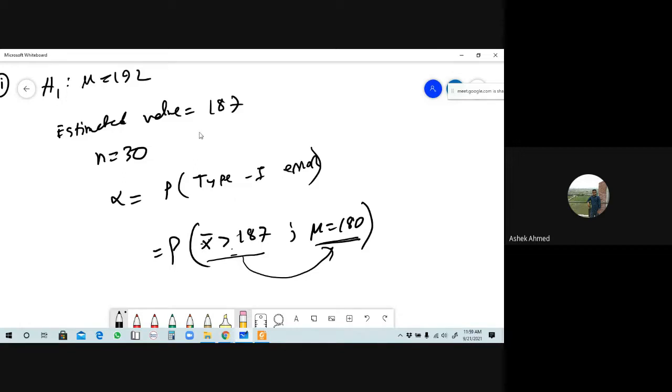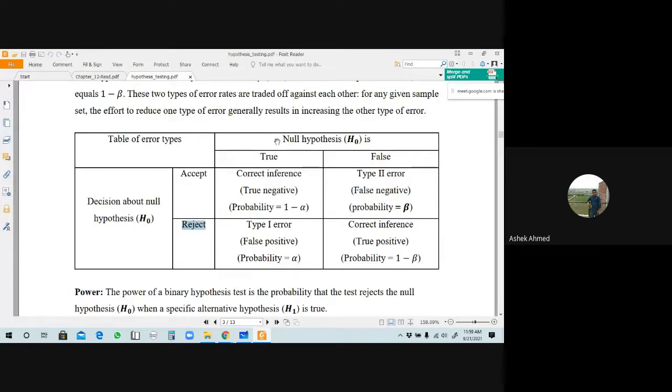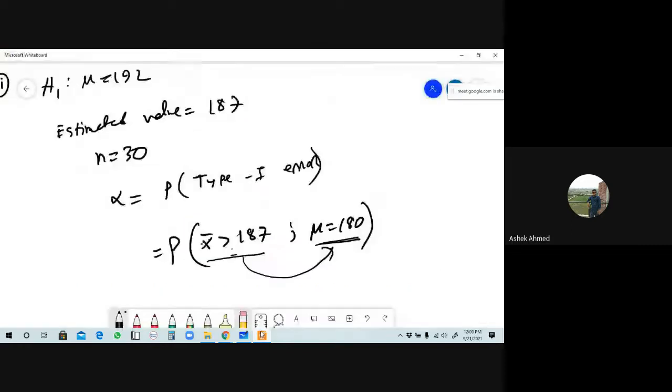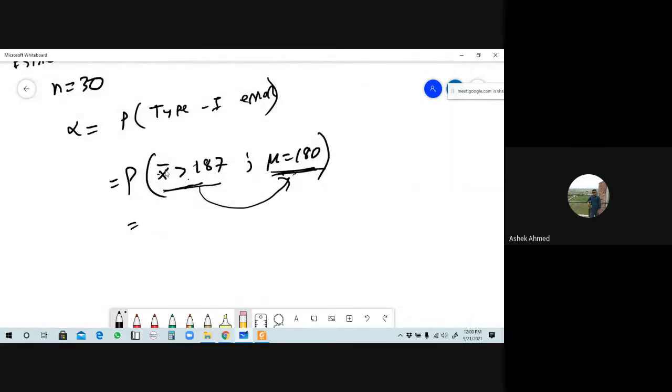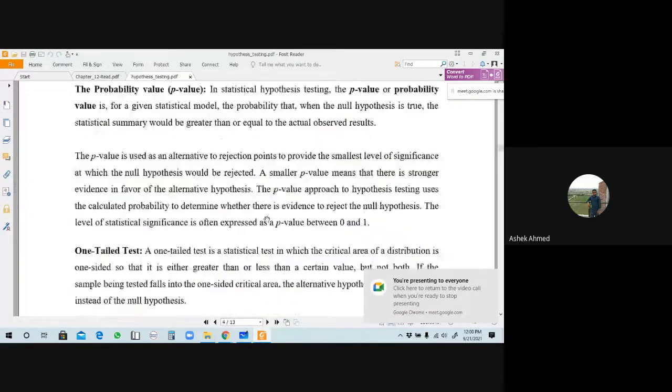187 এর উপর একটা ইনইকুয়ালিটি ডিফাইন করতে হবে that inequality does not satisfy the value of H0, means null hypothesis সেটা এখানে রিজেক্ট করবে, সেটা কিন্তু এখানে বলা হয়েছে null hypothesis true সত্ত্বেও that will be rejected here. ওকে তাহলে এখন দেখো null hypothesis true, that is 180 true সত্ত্বেও this inequality does not satisfy this 180. Okay, this will be the value of alpha. Okay, so since this is the x bar function, তো আমরা কি করব? It is given here.